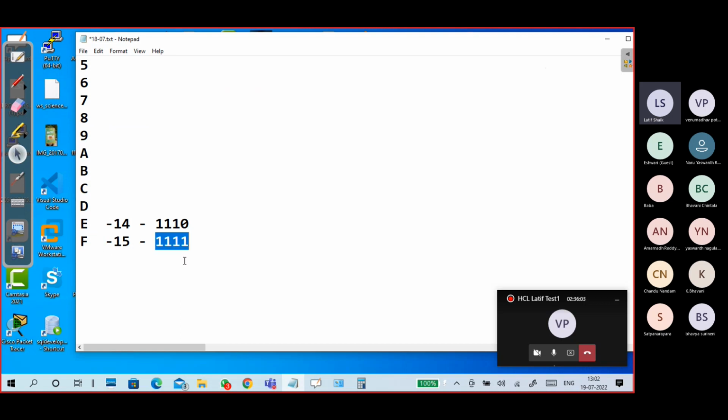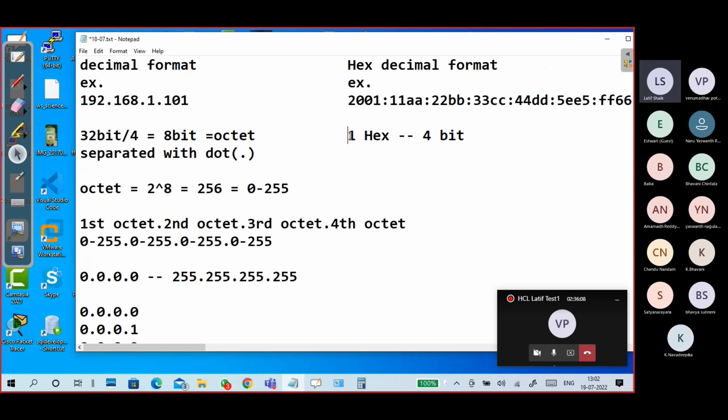So it is 4 bits. Each hexadecimal digit represents 4 bits. This is 4 bits, this is 4 bits, this is 4 bits. So obviously,